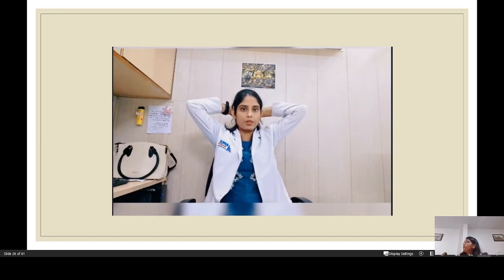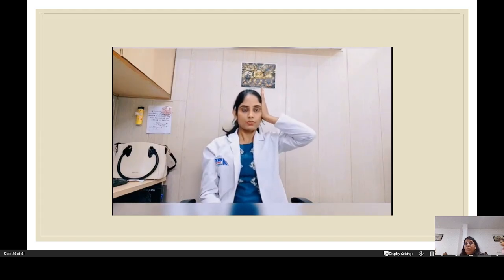These are the isometric exercises. Place the hand behind the head and keep it for 5 seconds. Then compress the forehead backward for 5 seconds. Then press the forehead to the opposite side and